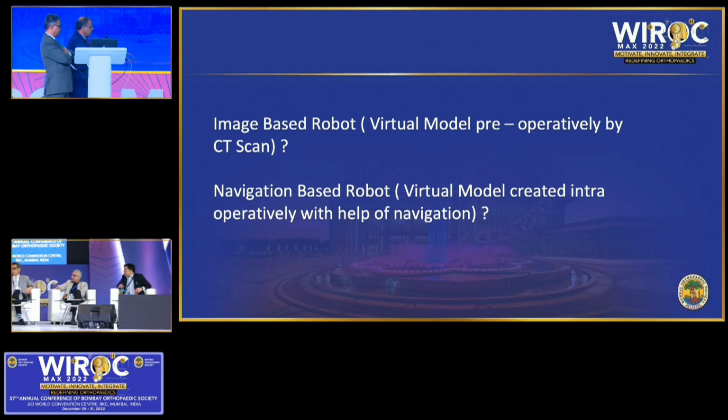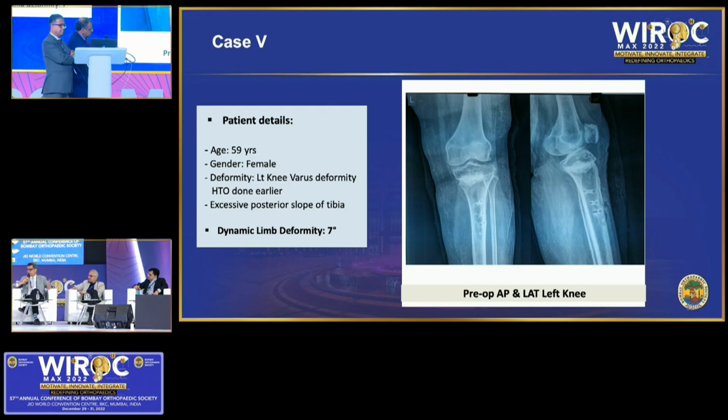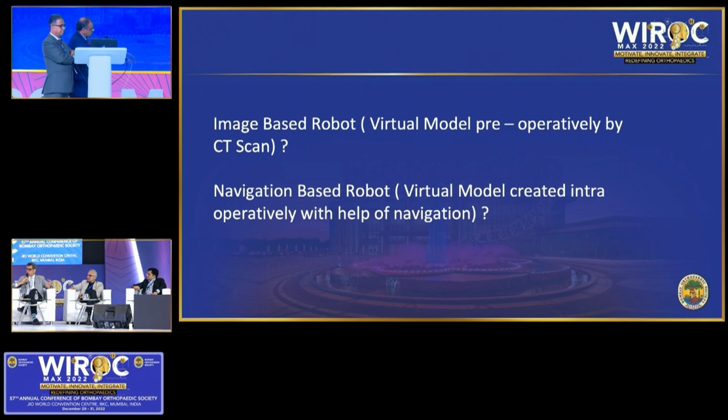I have gone through studying all the 4 systems and finally came down to the choice of robot depending on whether it executes all the 3 applications or 4 applications: partial knee, patellofemoral, total hip, and a total knee with an established implant which has got an ODEP rating of 15. So it has been in circulation for 15 years with a proven track record. And the third thing is whether I am completely sure that an image-based system is probably much more accurate currently. We may move away from an image-based system, but currently I think an image-based system is what gives me